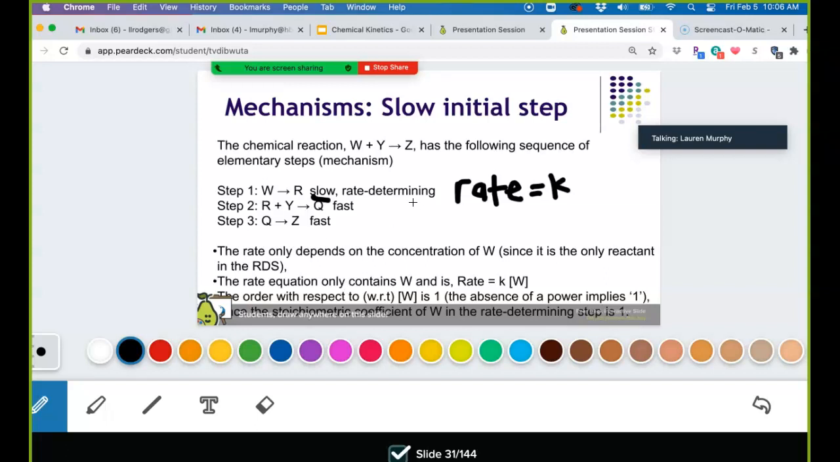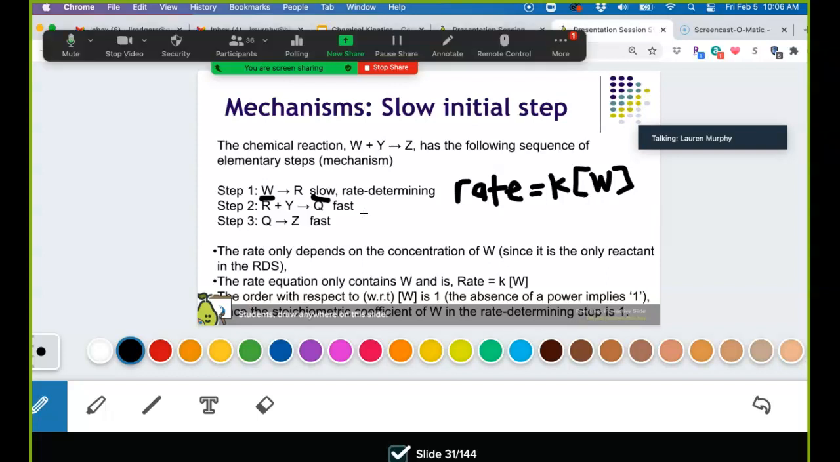And remember, the rate or the speed of a reaction depends on reactants. How fast a reaction goes is going to depend on who you have to start with. So you're never going to see products in a rate law, okay? So W. So you write brackets, which means concentration of W. Boom, that's it. That's a rate law. It's not more complicated than that for when your first step is the slow step,